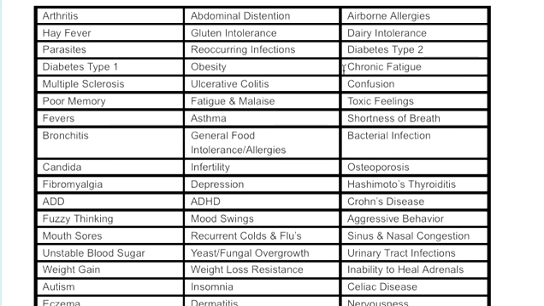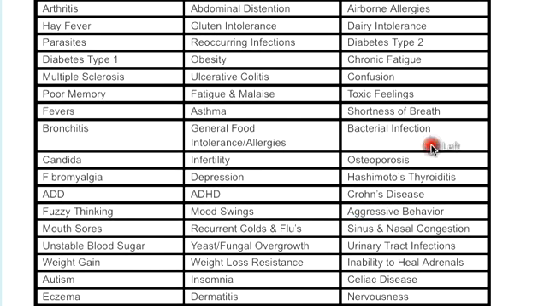Okay, let's look at this one: chronic fatigue. Confusion, toxic feelings, shortness of breath, bacterial infection is a big one. Aggressive behavior, sinus and nasal congestion, urinary tract infections. Nervousness. So all of these are some real big symptoms of leaky gut. Now what I want to do is